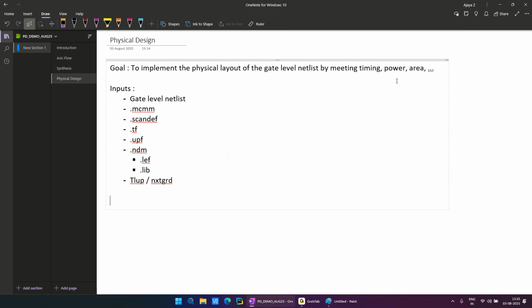So next is the procedure. For physical design, it will be the same as synthesis. Synthesis runs in 3 stages; here it will run in 5 stages: floor plan, power plan, placement, CTS, routing. So these are the total 5 stages available for physical design: floor plan, power plan,